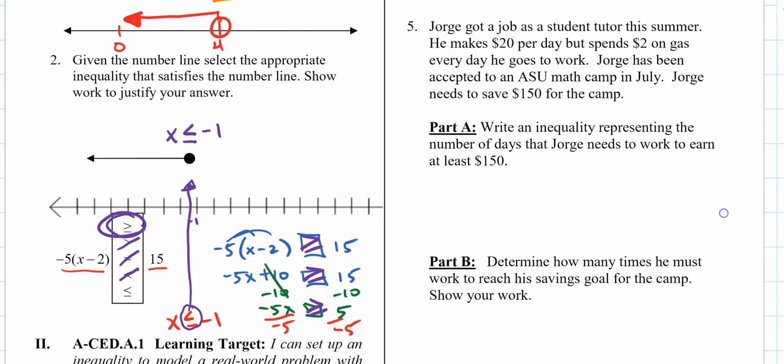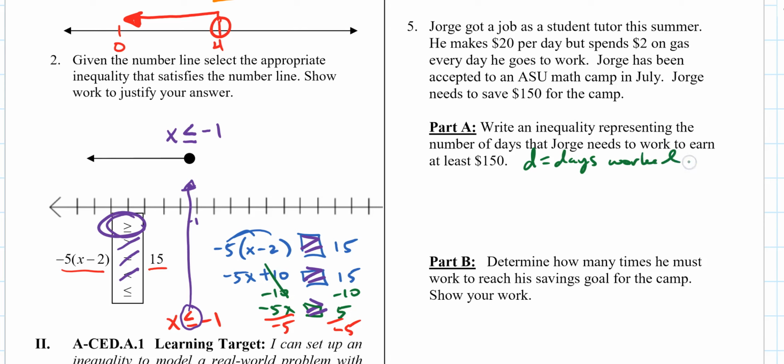How about 5? Jorge got a job as a student tutor this summer. He makes $20 per day, but spends $2 on gas every day he goes to work. Jorge has been accepted to an ASU math camp in July. He needs to save $150 for the camp. Write an inequality representing the number of days that he needs to work to earn at least $150. Well, if we set that up, he makes $20 per day. So how do we represent that? If I let D equal days